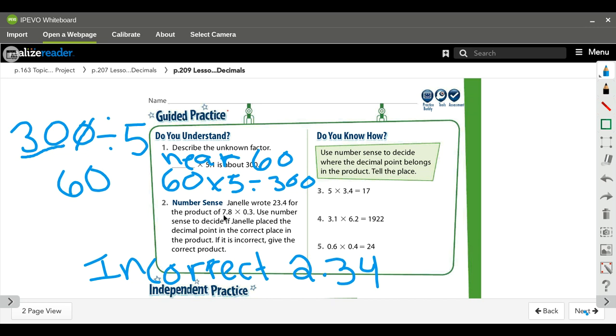I'm using that number sense. 7 and 8/10 times 3/10, because 3/10 is smaller, my product needs to be smaller than 7 and 8/10. This makes that true. This video to look at problems 3, 4,